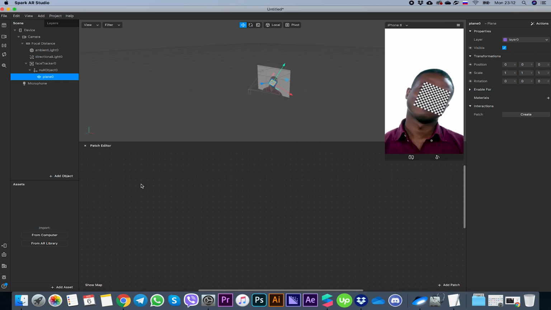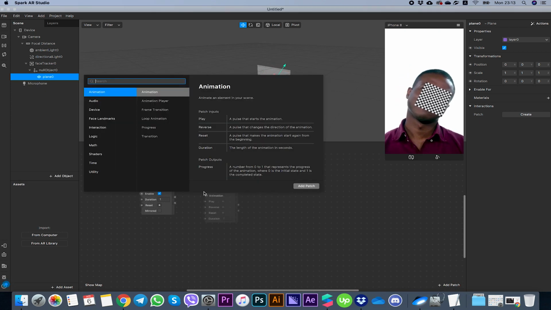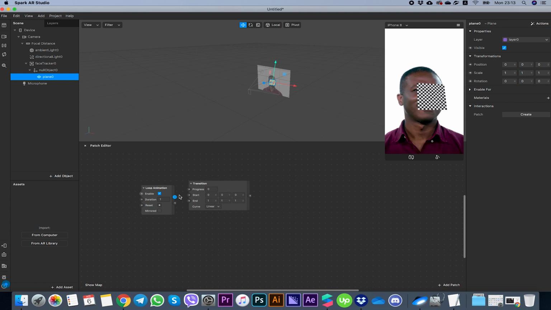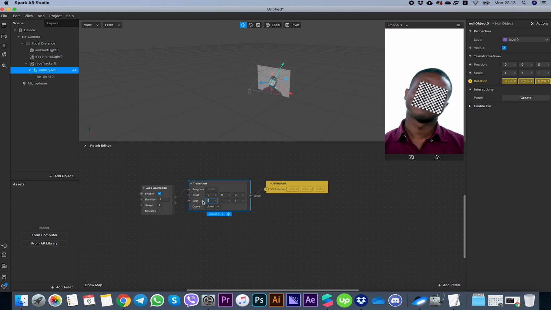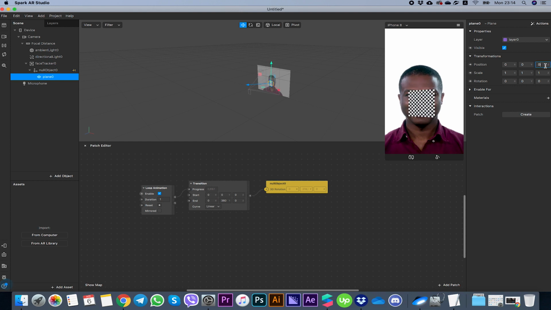Here it is. Double click, loop, animation, enter, double click, transition. Okay, link it up. And from the null object, we need our rotation. Link it. Here we're gonna make 0, 0, 360. After that, we go to plane and add to position Z like